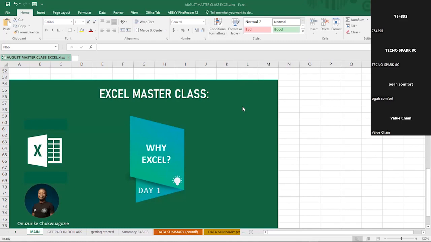So this class is like a building block. In case you've been seeing Microsoft Excel as one of those other software that maybe you just use for the sake of passing exams, this should not be the case at this time because with Microsoft Excel, the skills are in demand in the